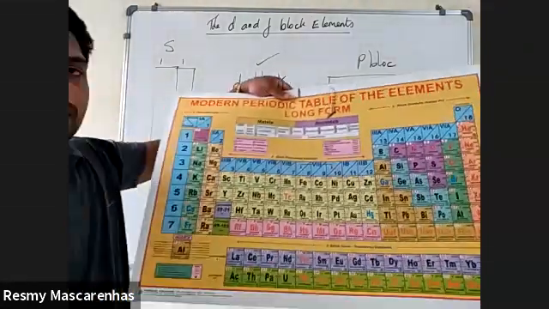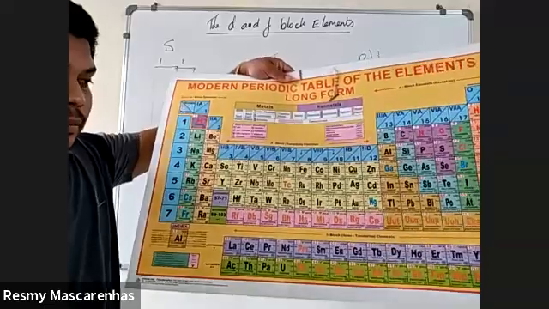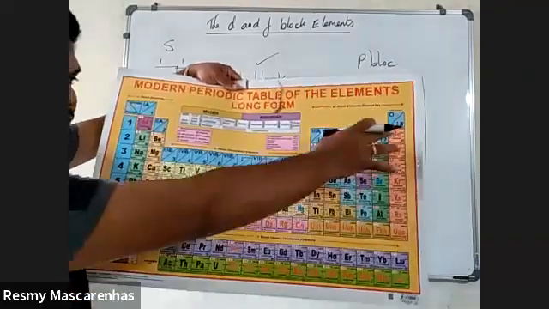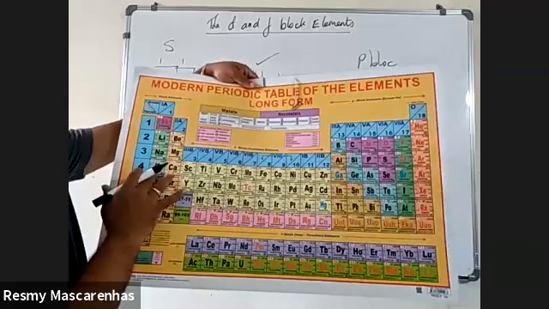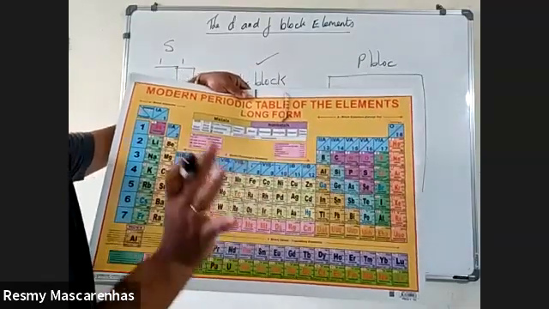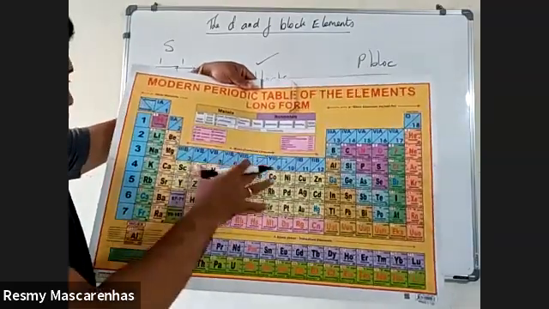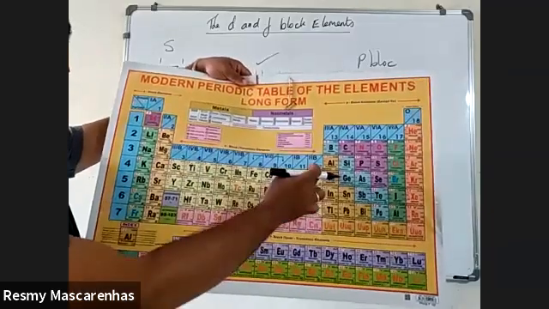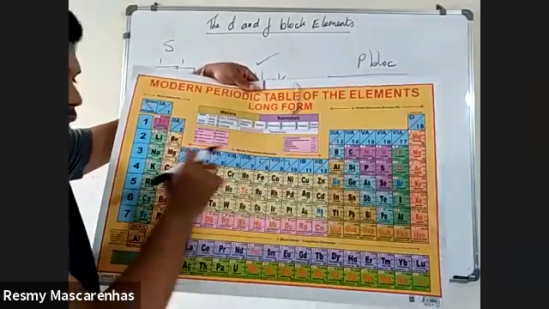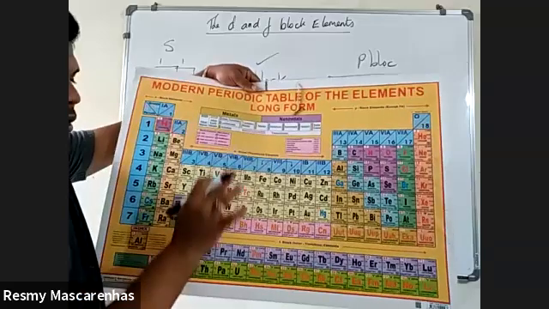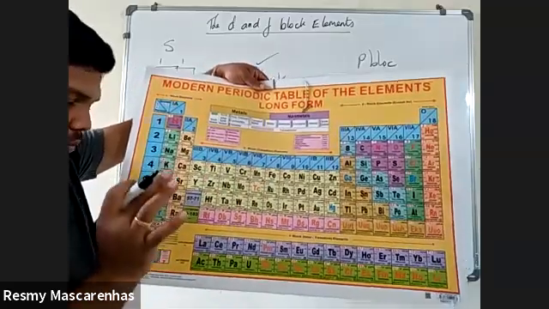Okay, now see here, everybody can see it clearly. Now you see, these things are not required. This is your S block, this is your P block. Forget about it. Important is we have to focus from 3 to 12. This is our D block element. This is also called transition elements.